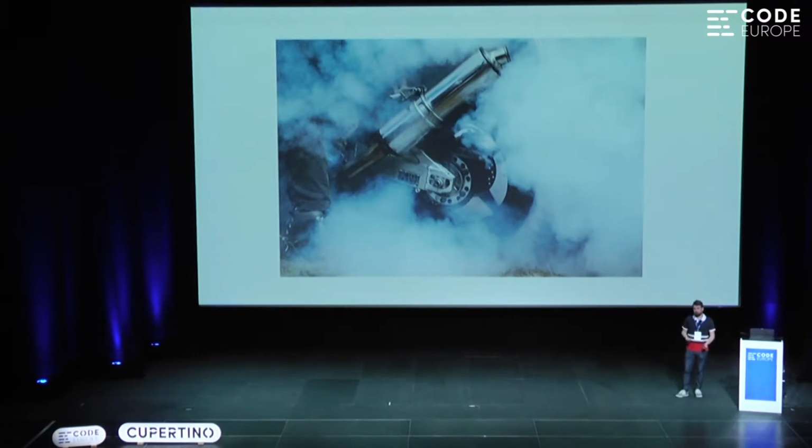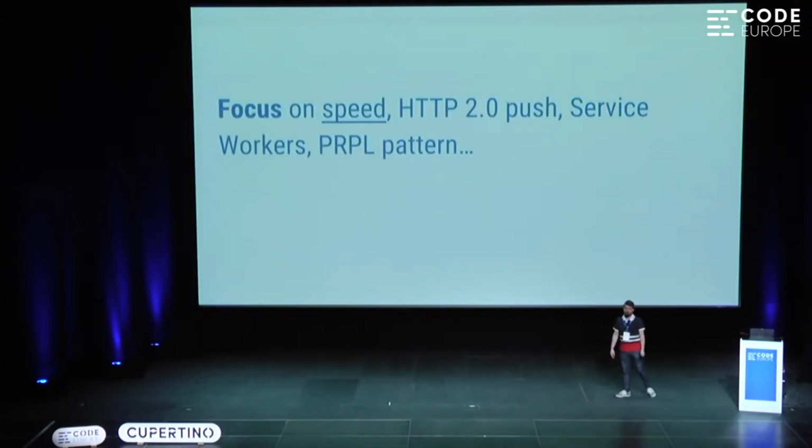But for the web to really make it in this era and in this space, we need things to be fast. So the last couple of years, I said before I work on Chrome, we've really been focusing on improving the web and making it work offline. There's a lot of things going on. Something called HTTP2 push, where you can push different files at the same time. We have something called service worker, which allows you to make a site work offline or in offline cases. And we have something called the PRPL pattern, which is a way that you can render things pretty quickly to your screen.